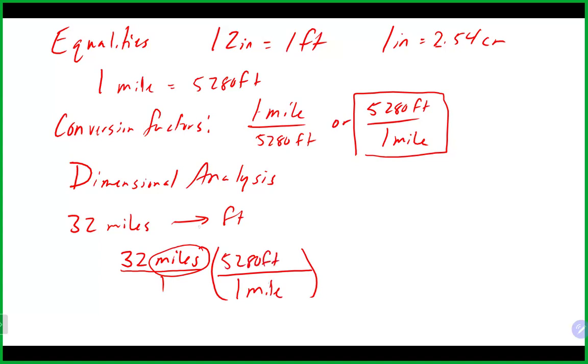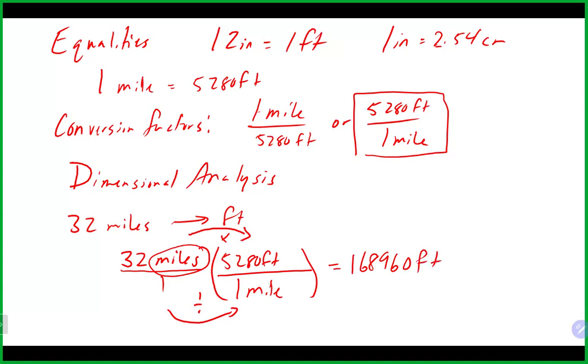And what's going to happen here, always when we do dimensional analysis, is we multiply the top and we divide the bottom. So whatever's on the top gets multiplied, what's on the bottom gets divided. And in this particular case, we go 32 times 5280. That's going to get us 168960